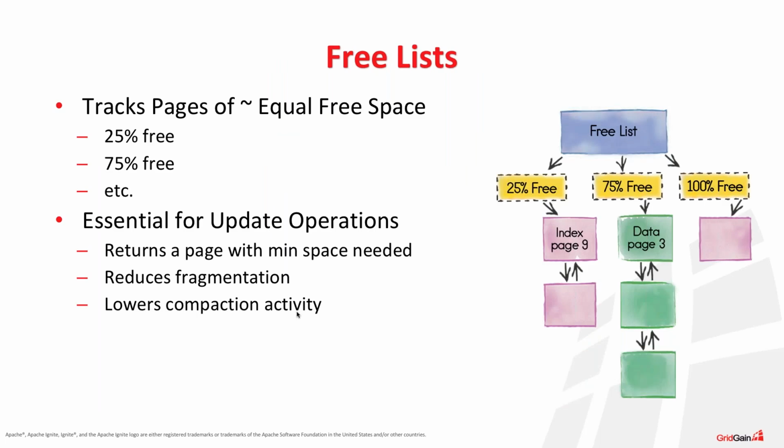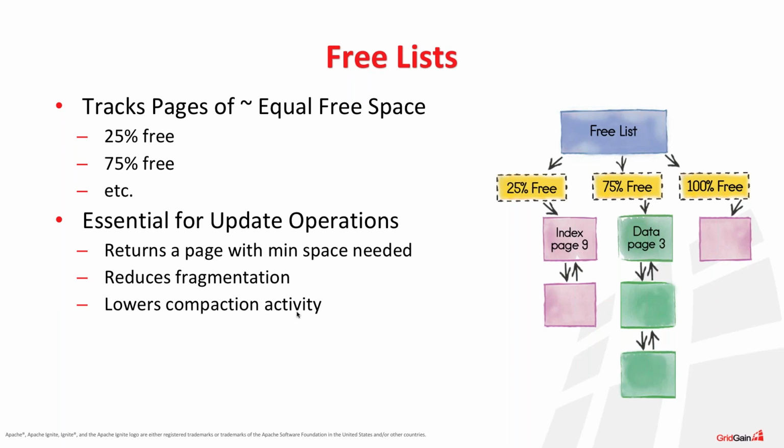On the previous slide, we explained how to look up a value inside of the virtual memory, relying on the B+Tree data structures. However, how does the virtual memory know where to put a new value? In fact, to support this scenario, Ignite uses a special data structure called free list.